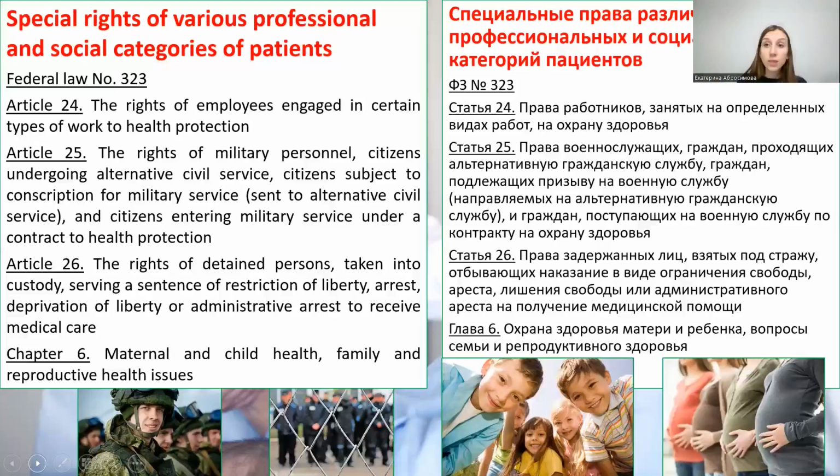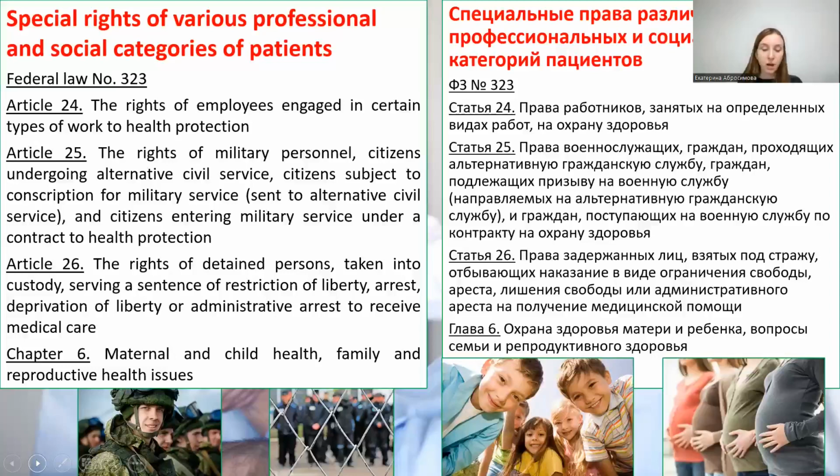Also, we should mention here Chapter 6 of the Federal Law number 323, which is called Maternal and Child Health, Family and Reproductive Health Issues. Article 51, which is called Family Rights in the Field of Health Protection, proclaims that every citizen has the right for medical reasons to consultations without charge on family planning, the presence of socially significant diseases and diseases that pose a danger to others, on medical and psychological aspects of family and marital relations, as well as medical, genetic, and other consultations and examinations in medical organizations of the state health system in order to prevent possible hereditary and congenital